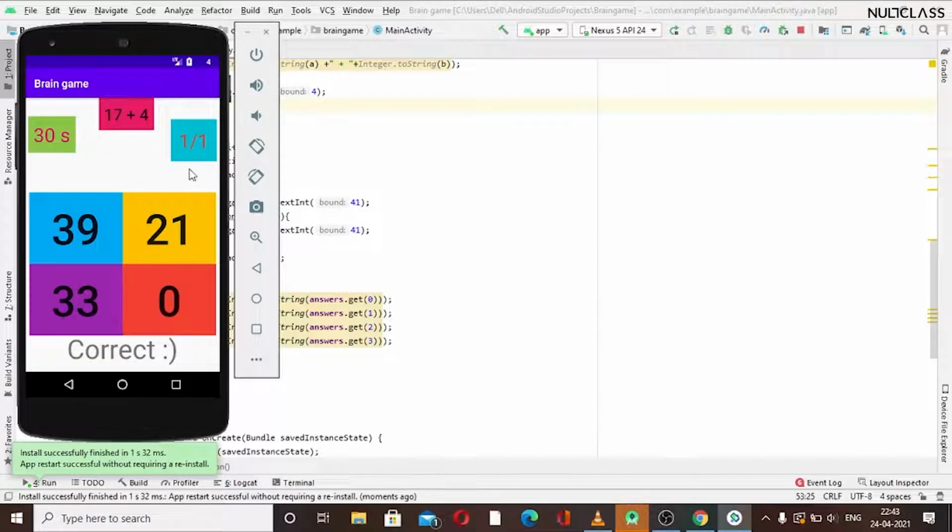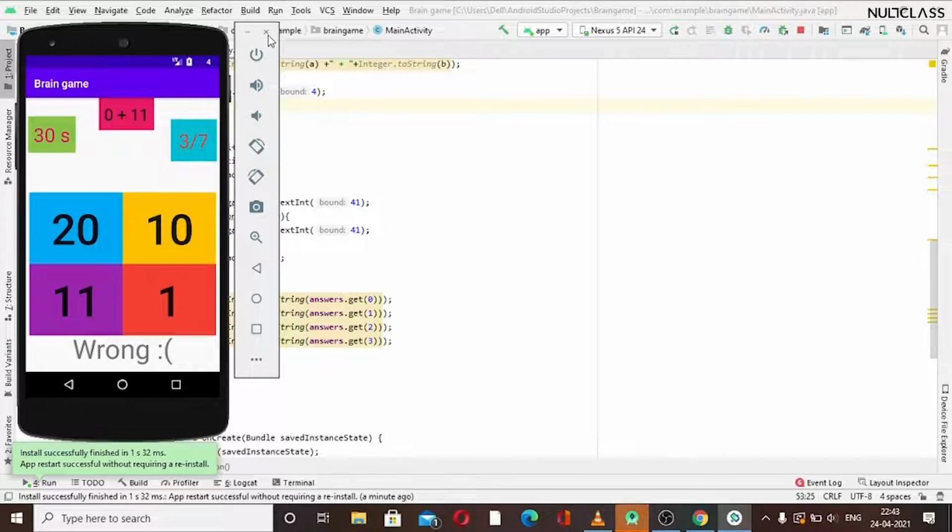We can see we have got 1 out of 1. Then for 21 I will not select 21, I will select an incorrect option. So this is showing wrong. Also the questions are changing and the score is getting updated. Okay, so I will give more examples, like I will select 23. Now I will select a wrong one, another wrong, this one. Okay, so now we can see that our scoreboard is updating, the text is also updating, and these are also working fine. So the last task we need to do is for our timer.